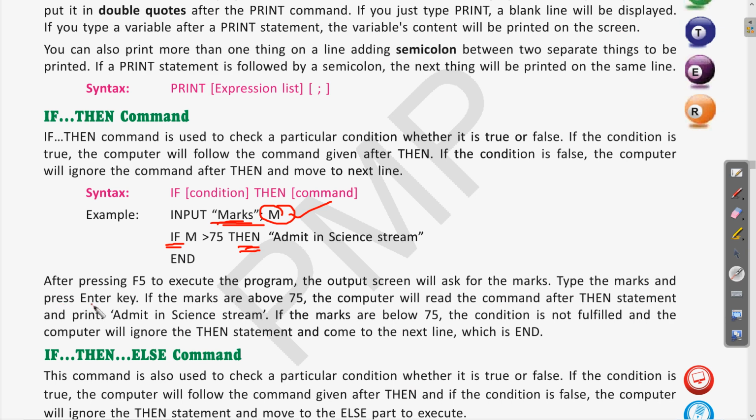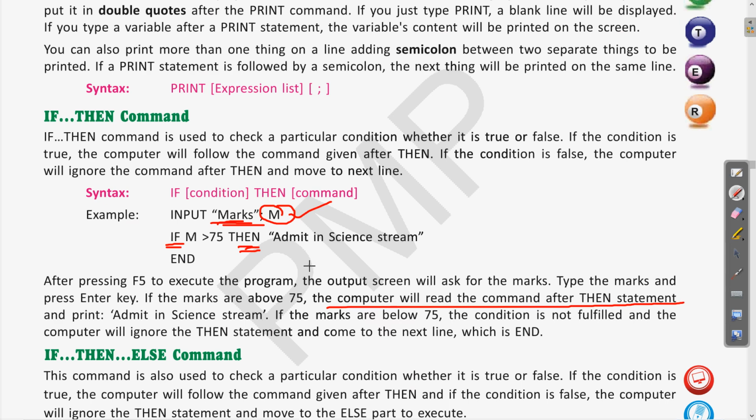Whatever the value of the marks, that is M, we will give that and press the enter key. If the marks are above 75, the computer will read the command after the then statement. Clear? So in the if then statement, whatever the condition is, if it is true, meaning if the marks are greater than 75, then the computer will read the command after the then statement. Clear?